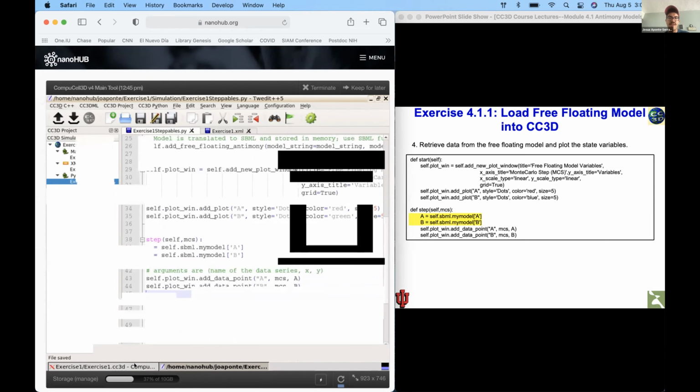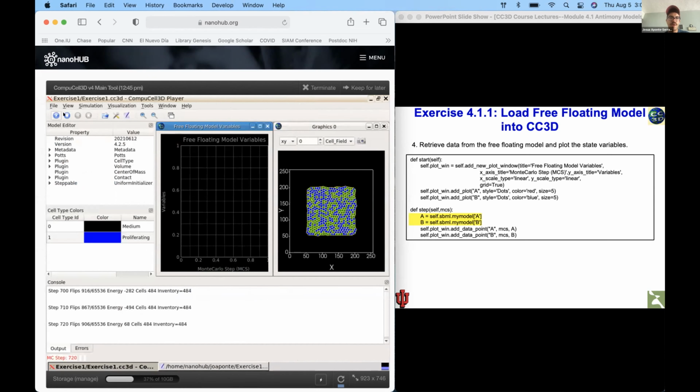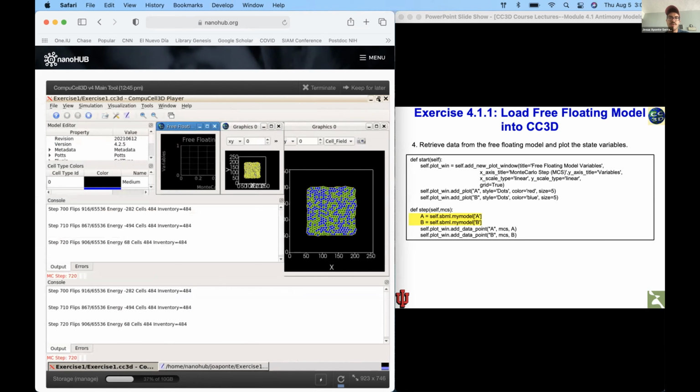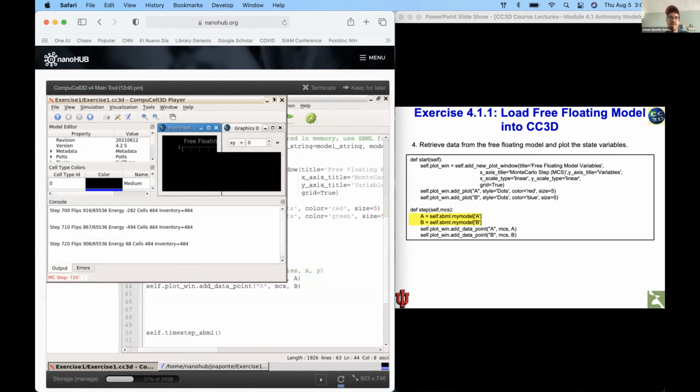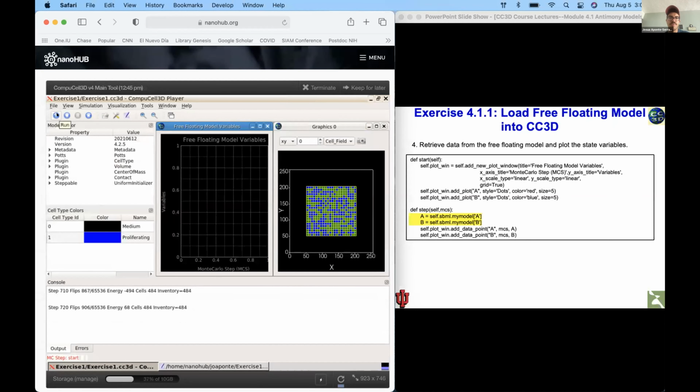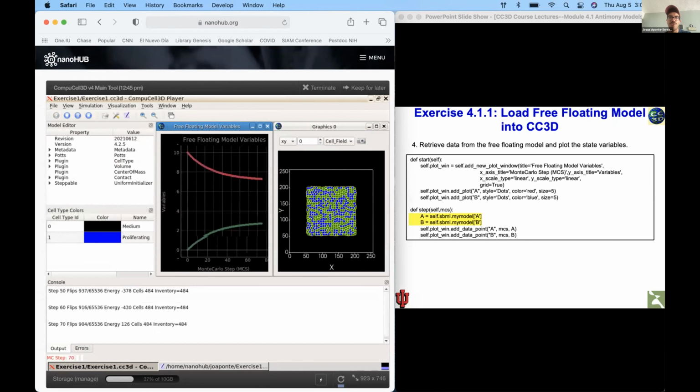And now if I save and relaunch my simulation, I should be able to see the